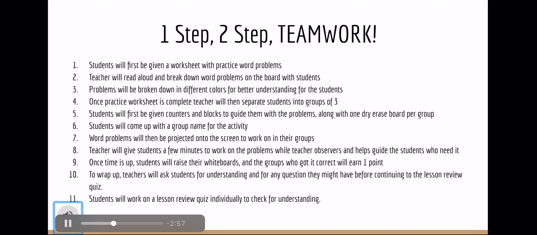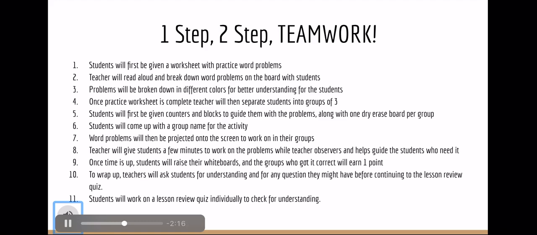Moving on to step 5, students will first be given counters and blocks to guide them with the word problems, along with one dry erase board per group. The counters and the blocks are similar to the colors, where it's just another way to help them break down these word problems. Not all students may use them. Some will really use them and really like them, and it really helps them. It just depends on the student, and it gives them more resources to find solutions for these word problems. And the dry erase board is going to be per group, because moving down to step 6,